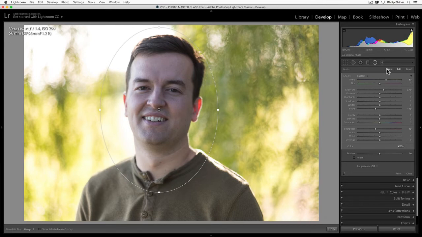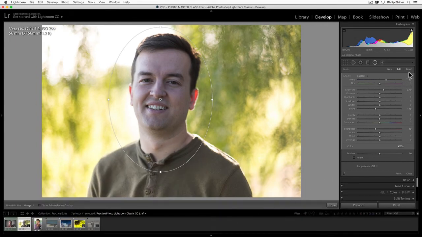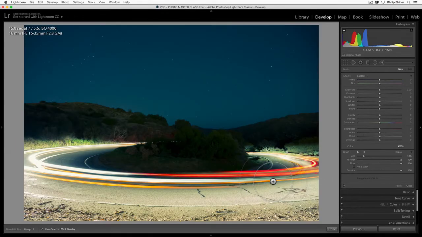Now you'll see these other options like brush, and there's this range mask option. We'll be going over that in the next lesson when we do a little bit more advanced lessons with these things. But I just want to show you now the brush tool. So similar to the other adjustments, the brush adjustment works wherever you brush on, you're going to make those adjustments. So I have show select and mask overlays on so you can see where I'm brushing. And then there's a couple settings that you want to be aware of down here.